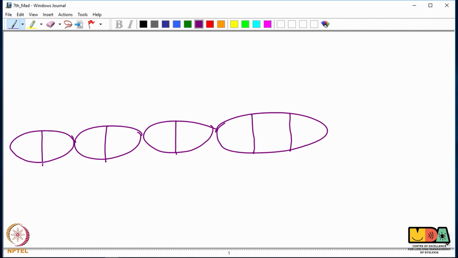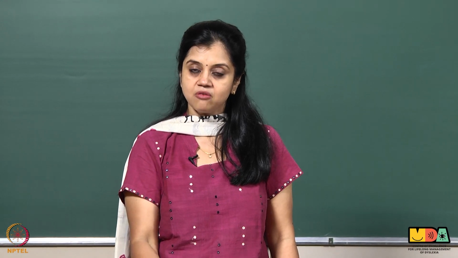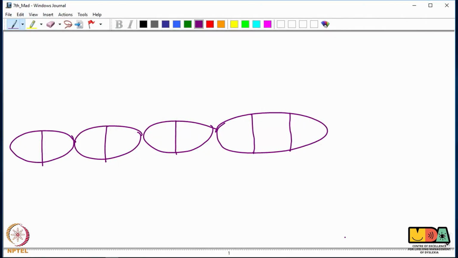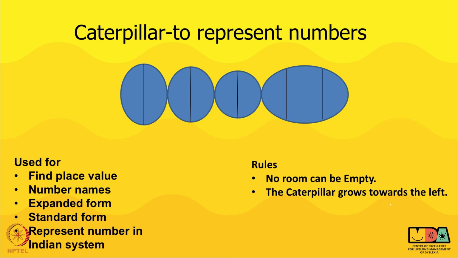What is the orientation that we are giving children? We are only telling them indirectly that the last 3 will form one group as far as numbers are concerned, because units, tens and hundreds together will form a group. It will be followed by thousands and 10,000s, lakhs and 10 lakhs, crores and 10 crores. So, in our Indian number system, this is how we group numbers together. We will use the same thing to help children with calculations based on place value, expanded form, number dictation, everything.